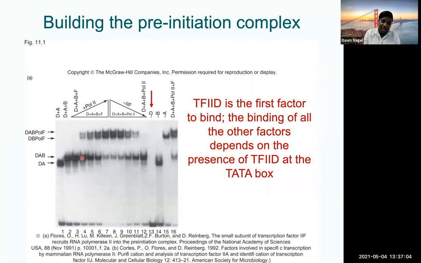In this case, when you add RNA polymerase instead, you have an increasing amount of RNA polymerase II, the same 4 subunits, and you see this band getting brighter and brighter. So the shift is getting brighter as you increase the polymerase. The more polymerase you have, the more this complex is binding to that DNA. So what this tells you is that RNA polymerase is causing this shift,